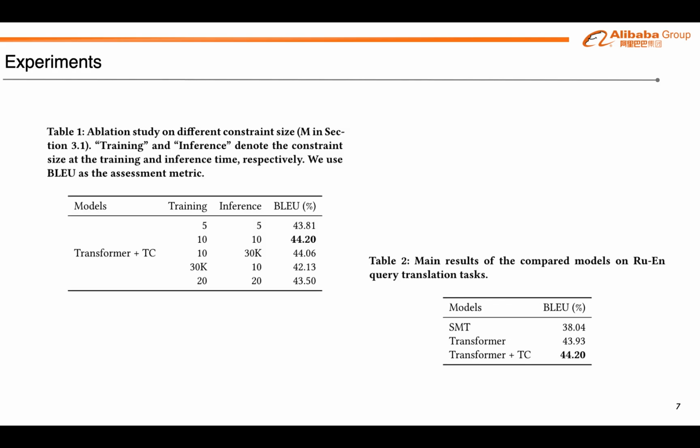In experiments, firstly, we evaluate the impact of different constraint sizes on the Russian to English translation task. With the increase of the constraint size, our method consistently improves the translation quality. The result demonstrates that a small set of constraint translations may miss some important vocabulary, weakening the generation ability of the model.